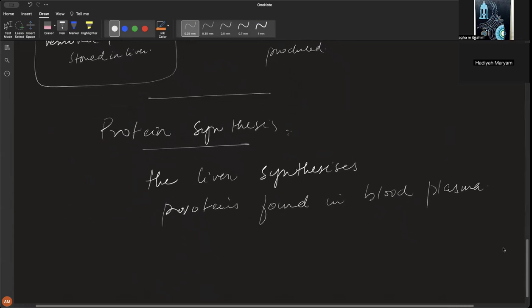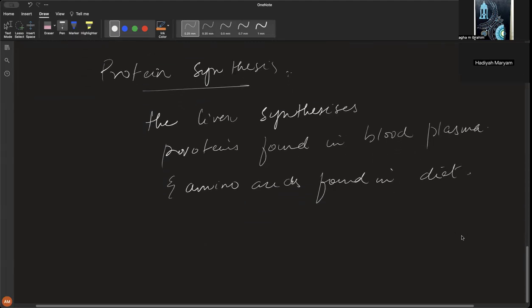Some of the amino acids found in the diet, the non-essential ones, are used. Essential ones are the ones which the body cannot make, and they need to be taken through the diet. So some of these proteins that we are talking about include prothrombin